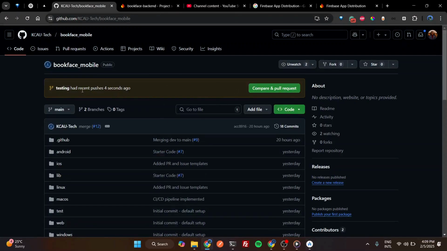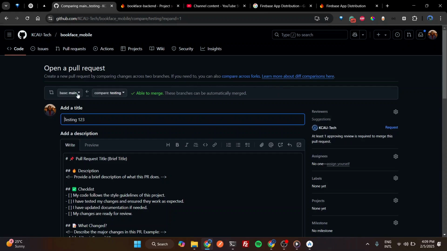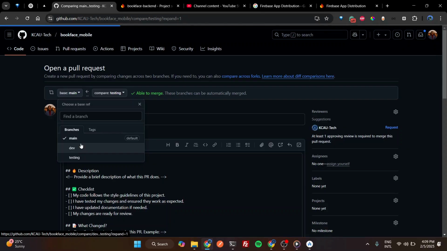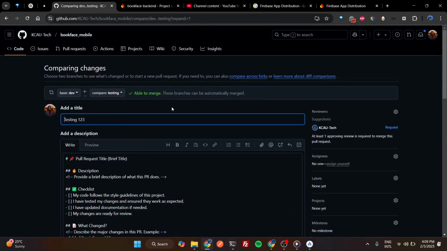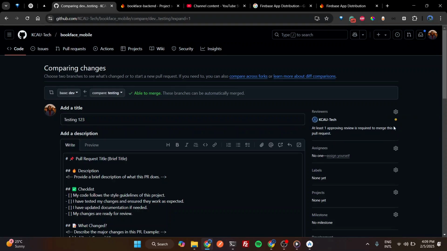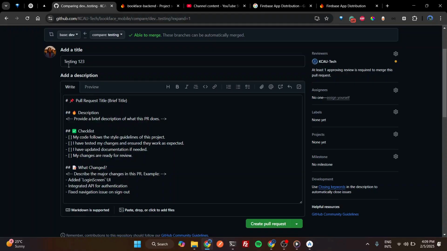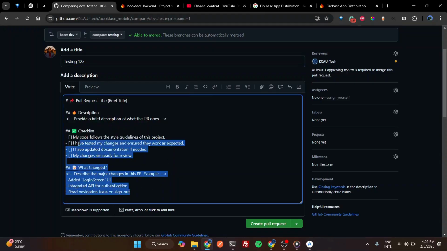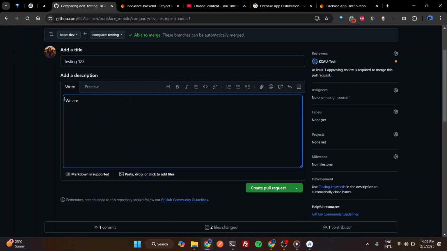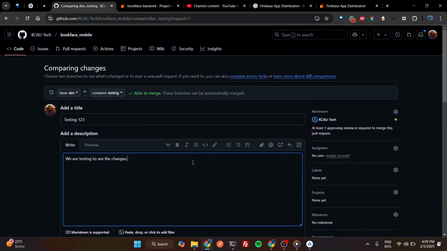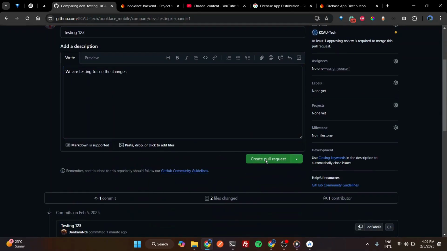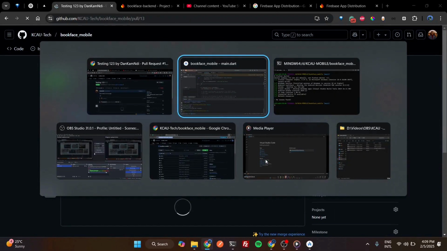We do that, and then now we can come here and see testing had recent pushes 4 seconds ago. So you can do compare and pull request. So remember here we always choose dev, then able to merge, and request a review from KCAU Tech. So here you just do we are testing to see the changes. So I think I've set up everything. I'll do create pull request,